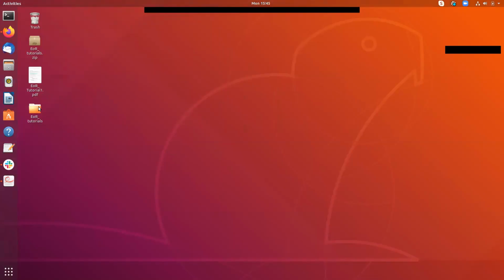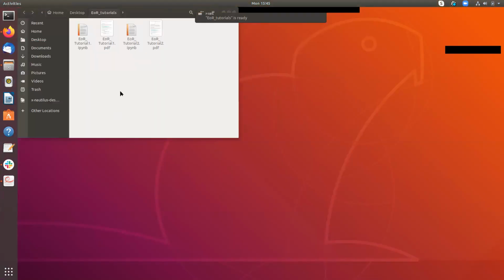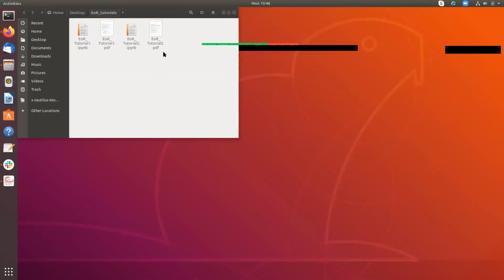If you open the folder, there are basically four files. The first two are the relevant things for tutorial one. This is the PDF which I was just showing, and you can get the notebook named urtutorial.ipynb and so on.